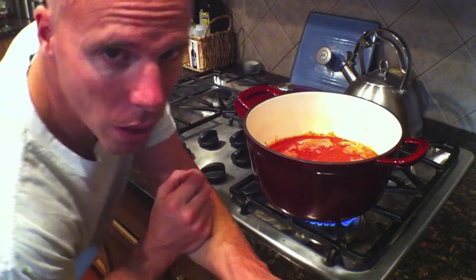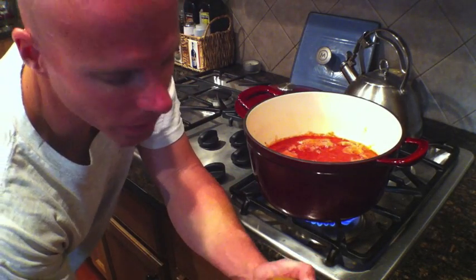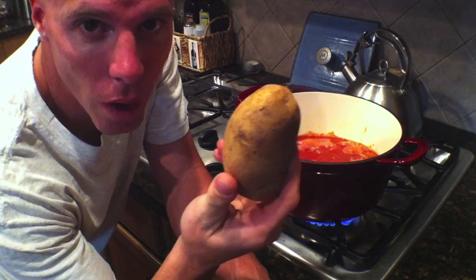Now remember, while this is boiling away, it's going to take about 45 to 60 minutes. I can't think of a better way to try our new high fructose